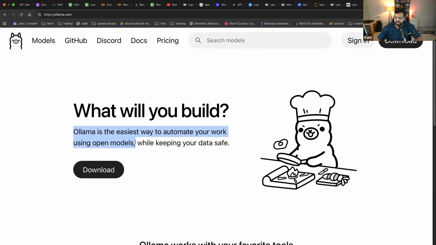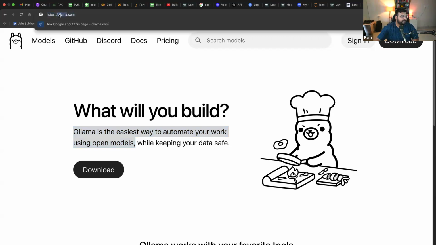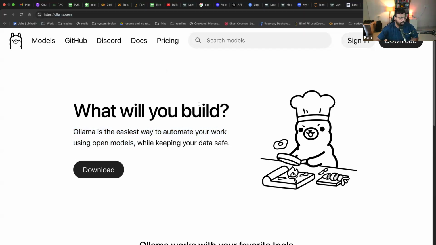For example, Google has Gemma, or Llama is there, Llava is there. Some of the Mixtrals are also, I think, open source. So you will be able to find all of these models on the internet. And Ollama is a tool that will allow us to run these LLMs locally. Some other day I will show you how to build and run this Ollama, but I will show you